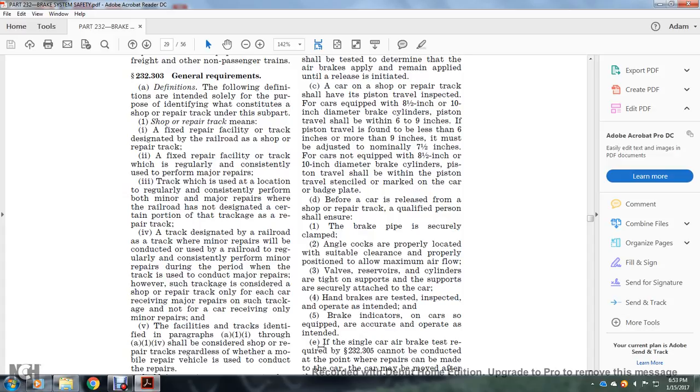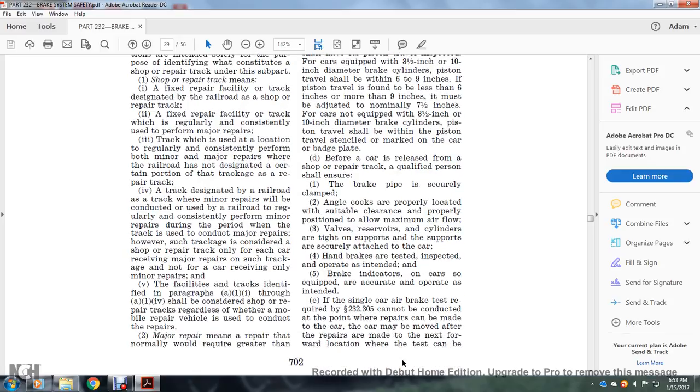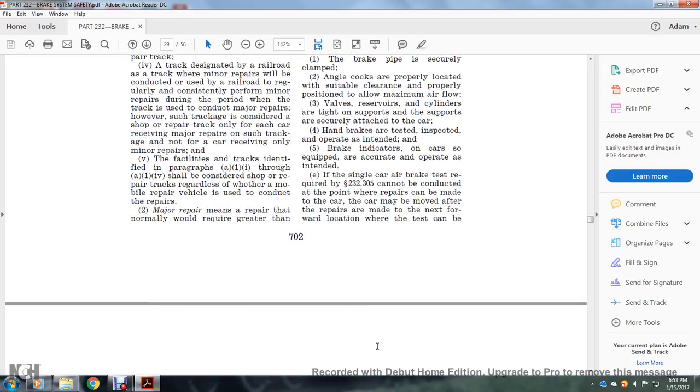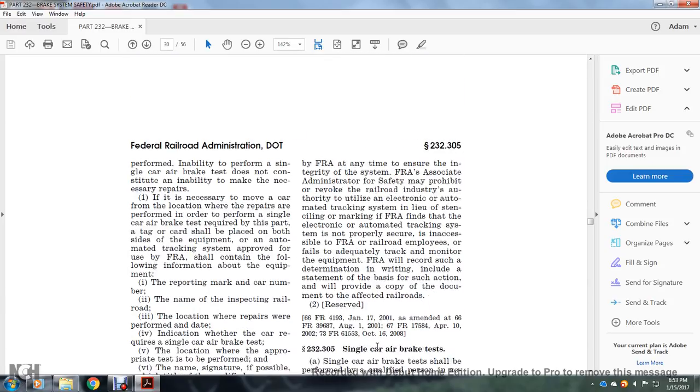If the single car air brake test required in 232.305 cannot be conducted at the point where the repairs can be made to the car, the car may be moved after the repairs are made to the next forward location where the test can be performed. Inability to perform a single car air brake test does not constitute an inability to make the necessary repairs. If it is necessary to remove the car from the location where the repairs are performed in order to perform a single car air brake test required by this part, a tag shall be placed on both sides of the equipment,